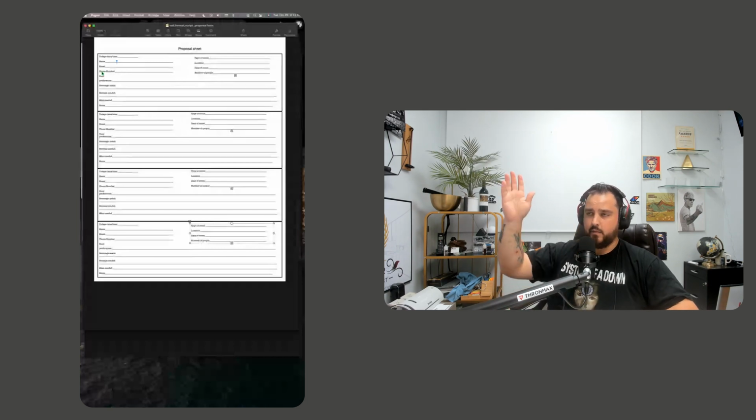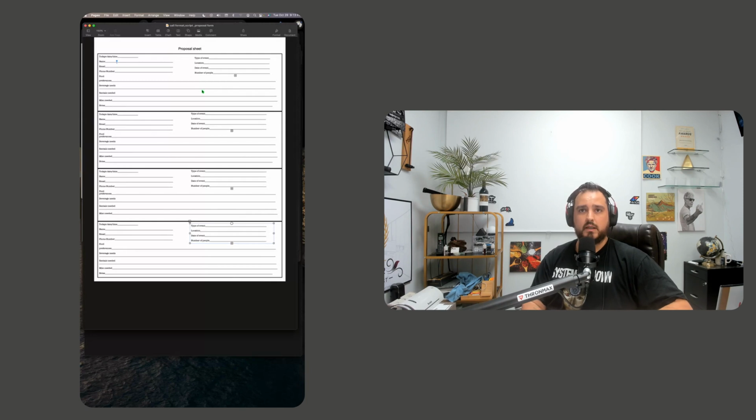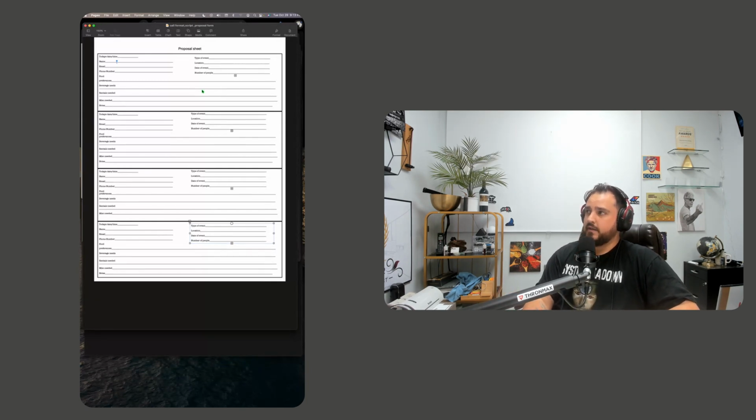So what I did is I just went right down my program to make sure I get all the pertinent information, because the more information you can get on the front end, the easier it is going to be to build the proposal and to give them something that's more aligned with what they're looking for, should they have all the details. So obviously we got to get the date and time in there, the name of the contact,